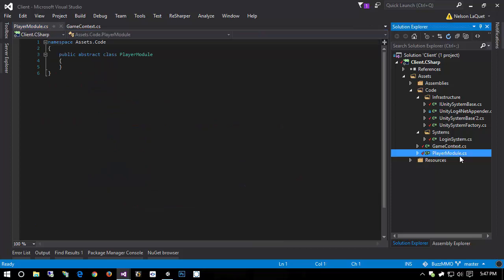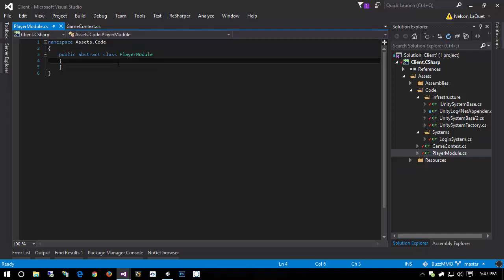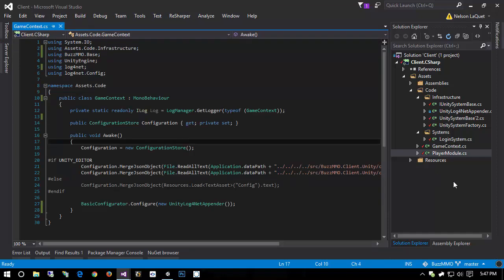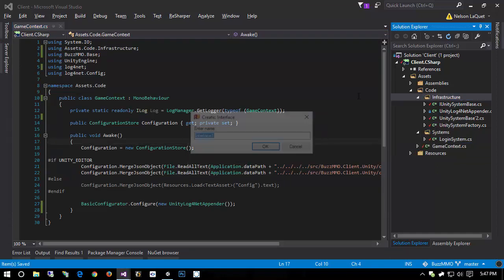So the player module would mostly be going away, because instead we're going to have our systems module, and then something like an actor or a world module to deal with world connections and so on, and then we can mix and match different modules in different server connections. So we can go ahead and nuke the player module, and then in infrastructure I'm going to create a new interface,